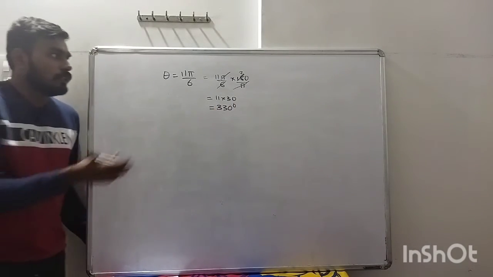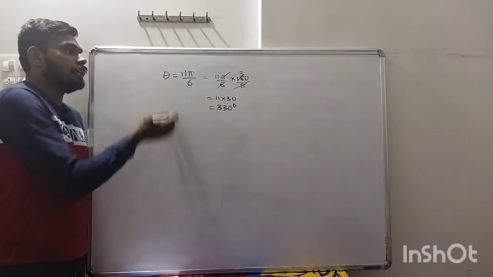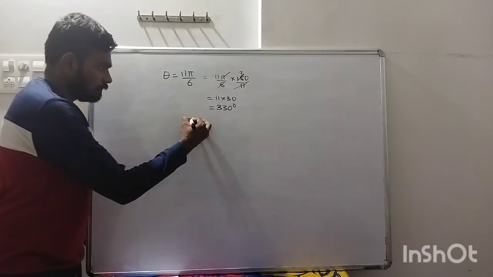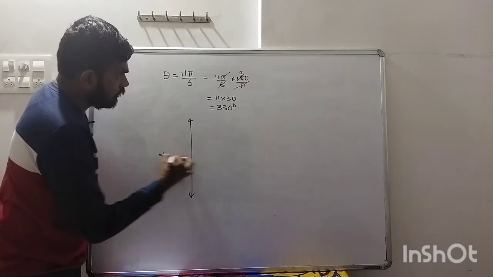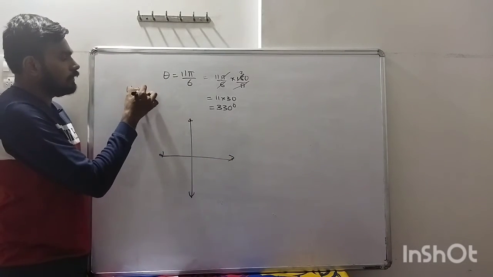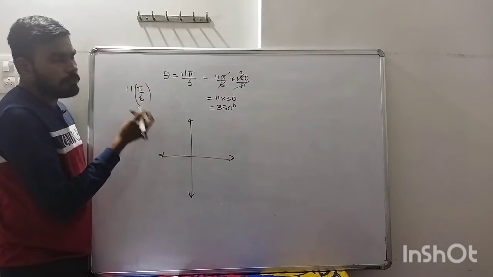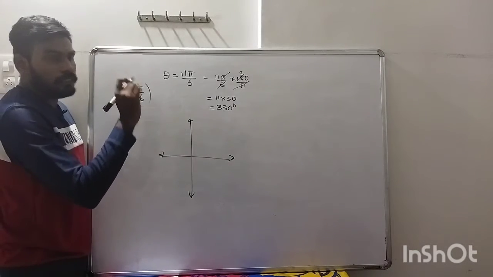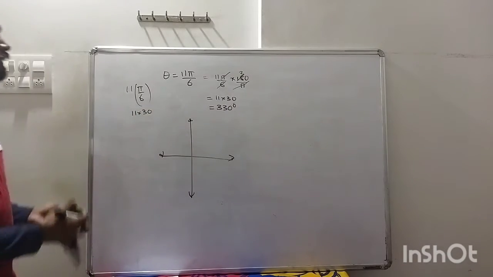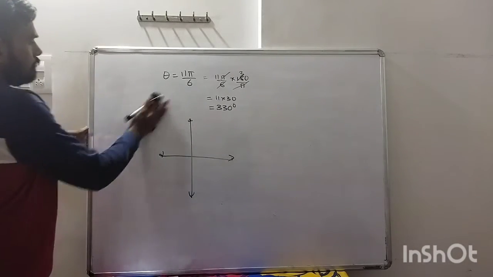So if you are told in radians and you are told to find all trigonometric ratios, what do you do? Convert it into degrees and then proceed, okay? Or another simple method is 11 pi by 6, and you have to just remember what pi by 6 is. From that standard angle list, pi by 6 is 30 degrees, so 11 into 30 degrees, directly 330, correct? So next,